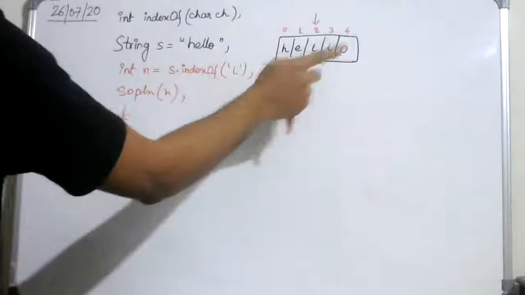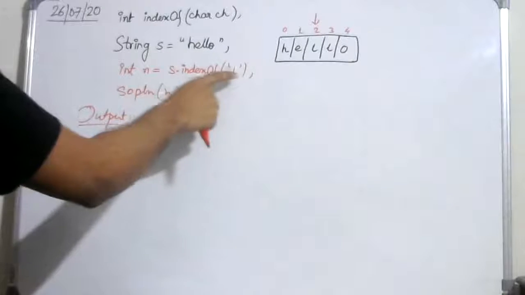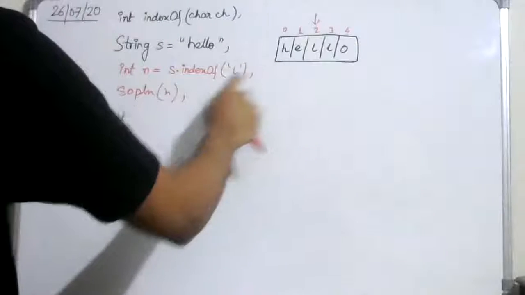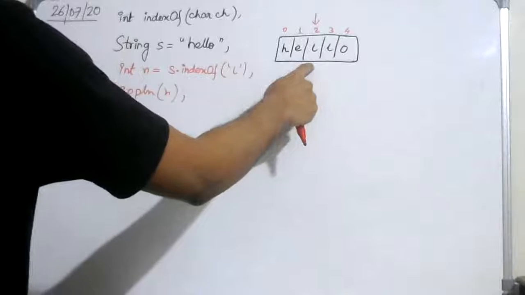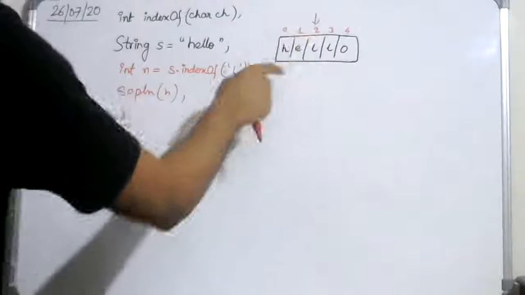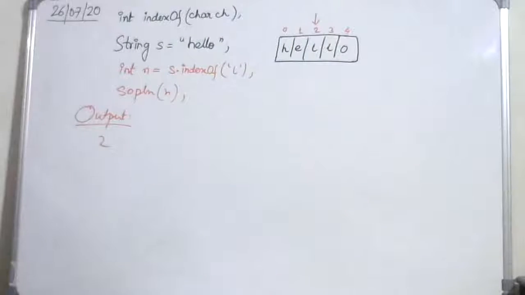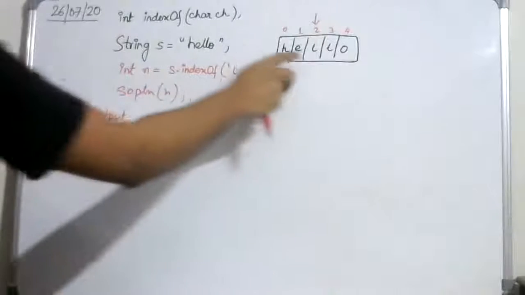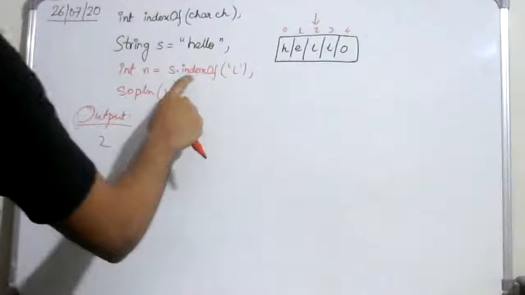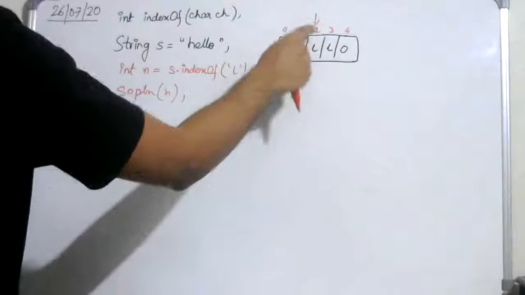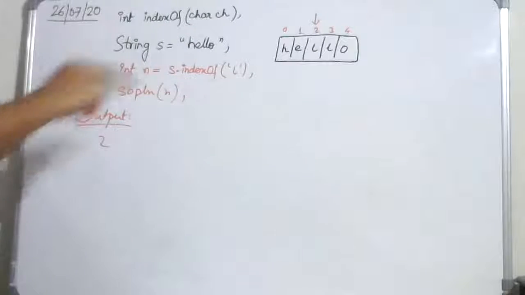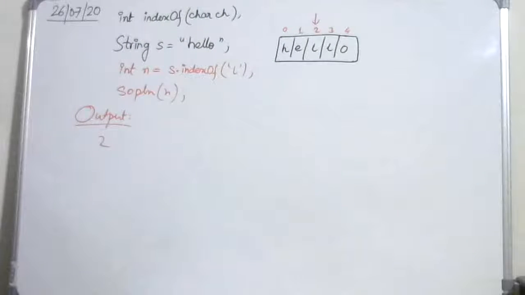On representing the whole string as a character array, I'll search for the character in the string one by one. So I'll compare this with this, not a match, this with this, not a match, this with this, yes, it is a match. So the very first occurrence of this particular character that is passed as an argument, the position of that character is returned as the return value. So s.indexOf(L) returns a value of 2 because the first occurrence of L is at position 2 in the character array representation.